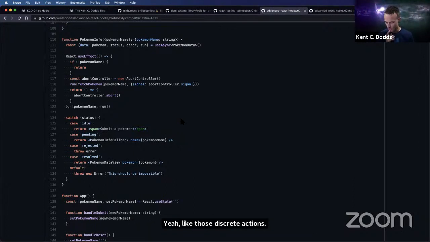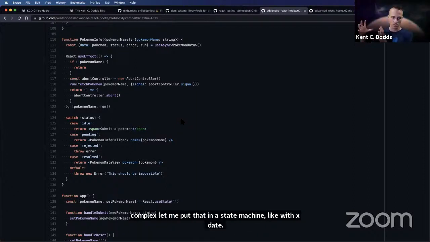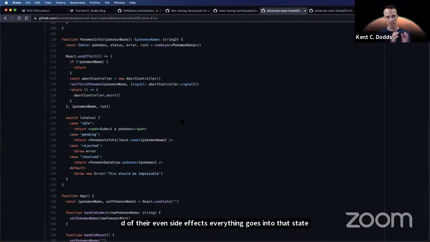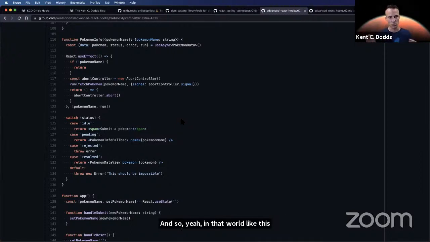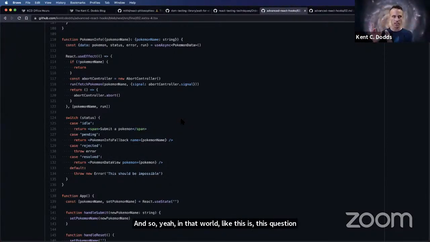So if you haven't yet gotten to the point where you say, my state is really complex, let me put it in a state machine like with XState, then with XState you handle all of that inside of there, even side effects. Everything goes into that state machine, and you're just sending events to the state machine. In that world, this question is a moot question. If your state is complex enough that you really want to use XState, then everything goes in there.